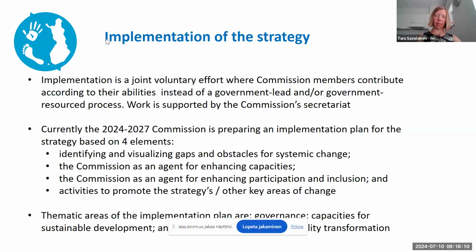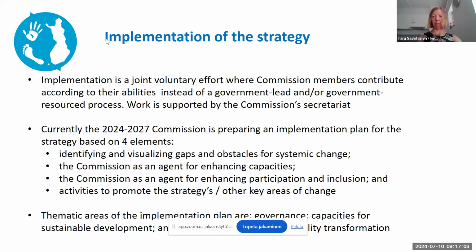And this is now a work in progress, being for the current commission, which will work until the end of 2027. And of course, some of the activities will probably last longer than the end of the current commission's term. This is a process now being facilitated from the commission secretariat, which means Eva and myself, to build an implementation plan for the strategy. The basic elements of this plan would be thematic ones. There's governance, then there are capacities for sustainable development, and then there's an element on values as a driver of sustainability transformation. And then we have so far developed 4 elements for the implementation plan, which are then